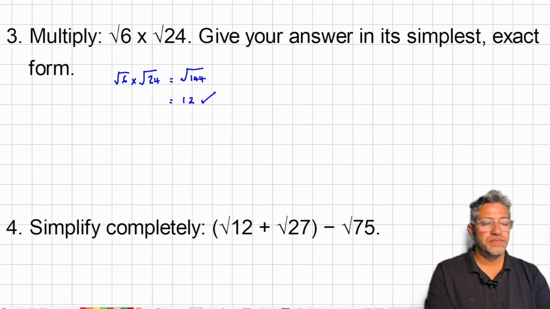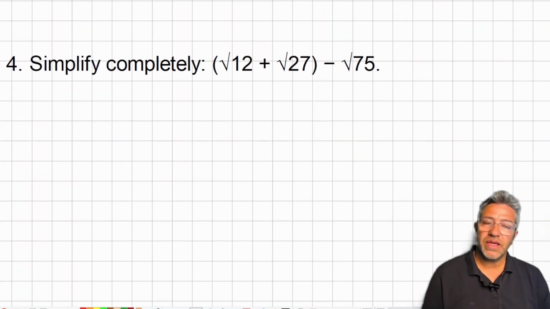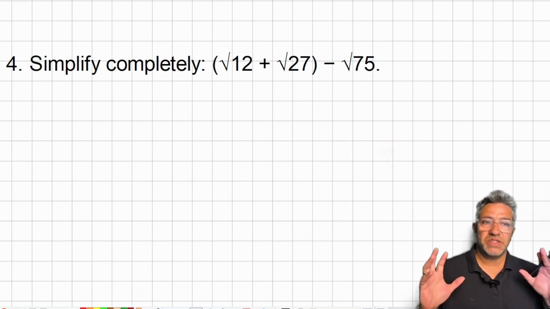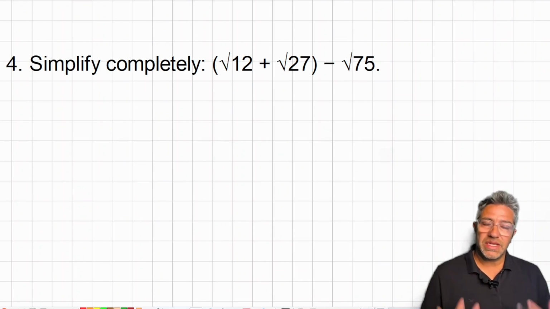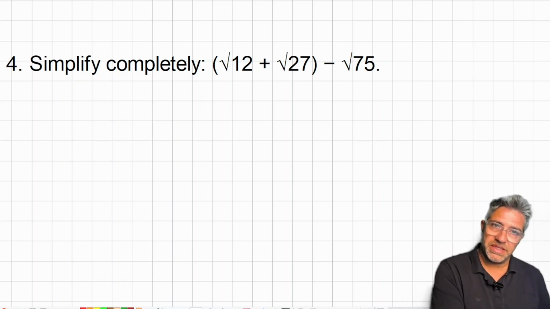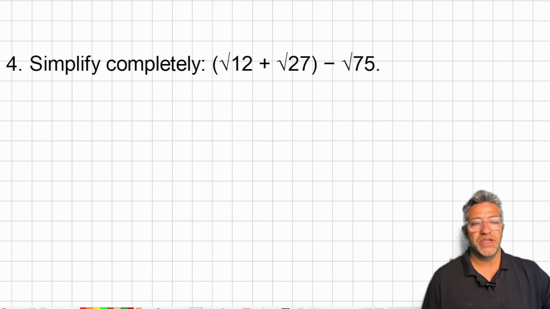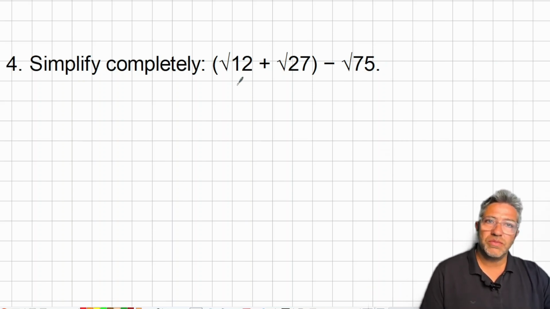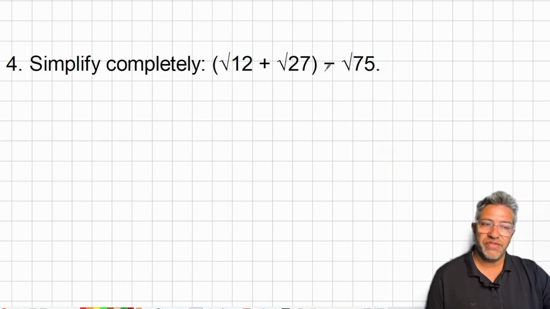Question 4. Simplify completely. Now, I've already said a few times, so I'm going to say it again to add that clarity. When it comes to adding and subtracting surds, think of them as fractions in the sense fractions have a common denominator, surds must have a common surd. Now, there are no common surds here whatsoever. So we are going to have to simplify each surd and hope that we get this common surd once we've simplified. Well, root 12